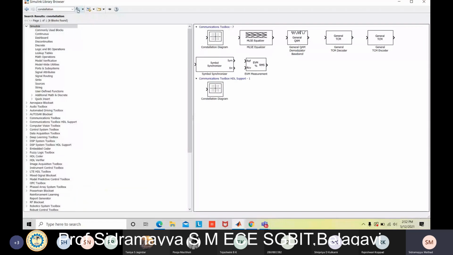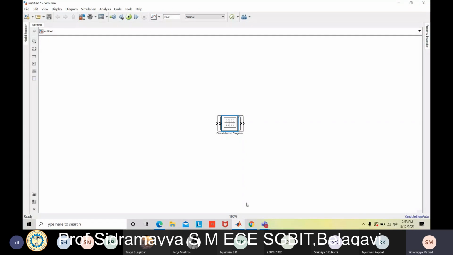All components are added here. We just need to arrange them as per the block diagram. I hope all of you have taken the block diagram. Arrange the components as per the block diagram.